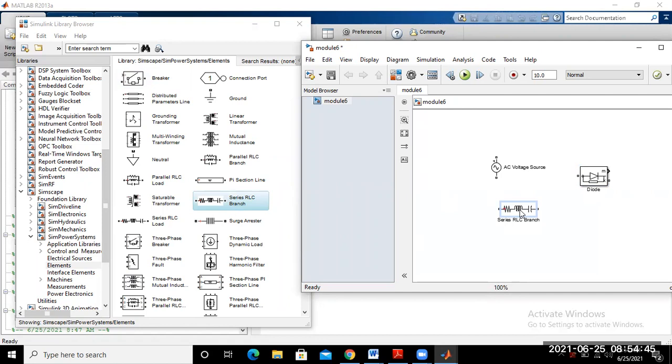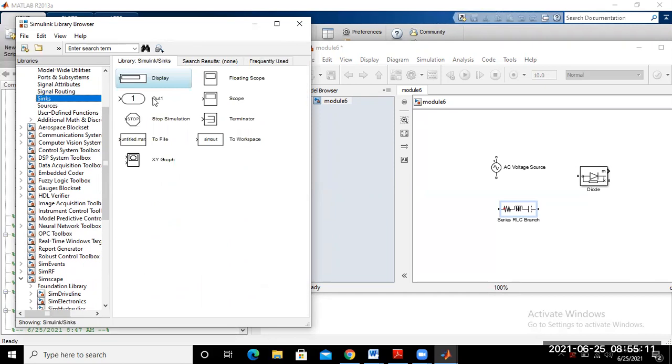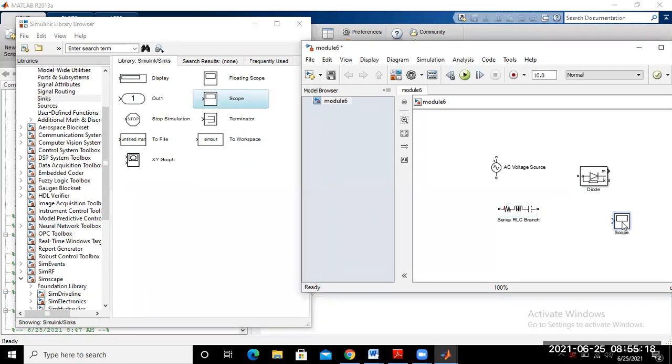Next, what do we require? A scope. For a scope, go to sources and sinks, and you may choose the scope from here to the workspace. Next, we require the measurement of the voltage waveform and current.